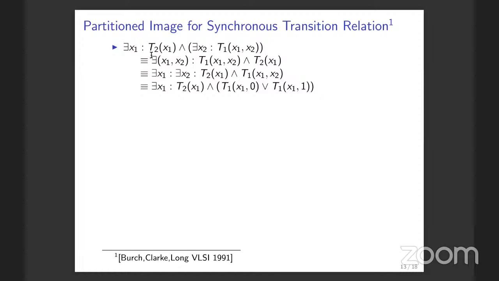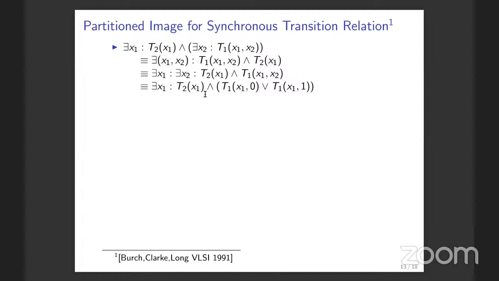And you can do the quantification elimination in a certain order, such that, like it is here, first do it on x1 and then do it on x2, so that when you do the second one, you get a smaller formula after having eliminated this. That is the idea. For synchronous systems, the idea is to look at the set of variables that each of the individual component transition relations is dependent on, and if it is dependent only on a subset, then we might be able to move it by